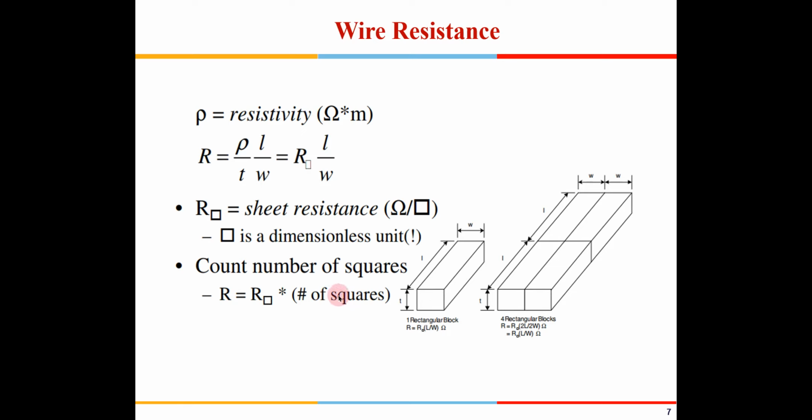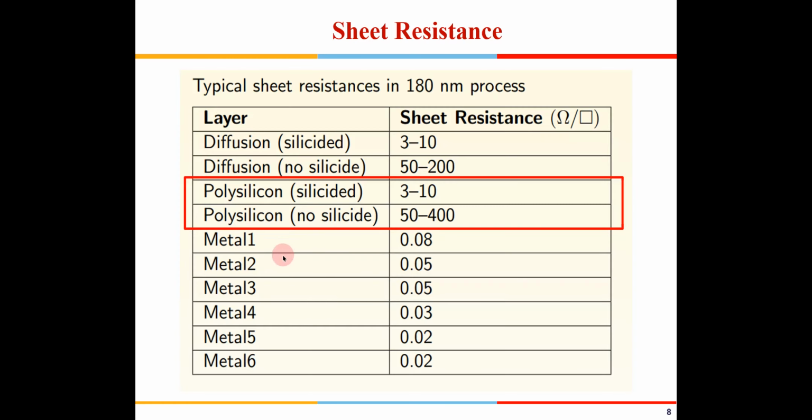Okay, so this is about wire resistance. Now this is again for typical 180 nanometer. The sheet resistance for various metals is given out here. Now if you see here, for metal 6 the sheet resistance is the least. Okay, now why I highlighted these two is when we make the layout,